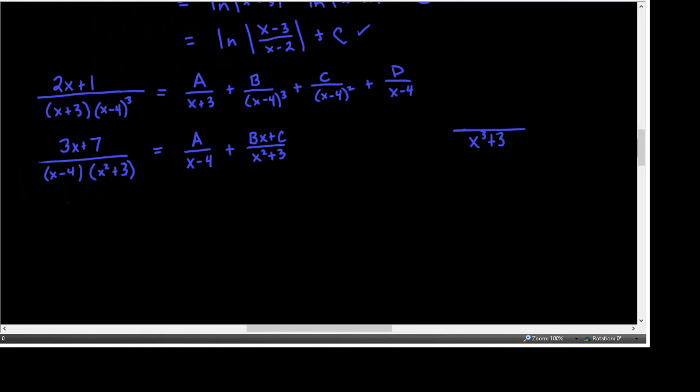I'd have to allow for a quadratic numerator in that case. So ax squared plus bx plus c. Now it could be that some of those things are 0. We just have to allow for every single one of those as a possibility. We don't want to shortchange ourselves on that. So those are a couple of